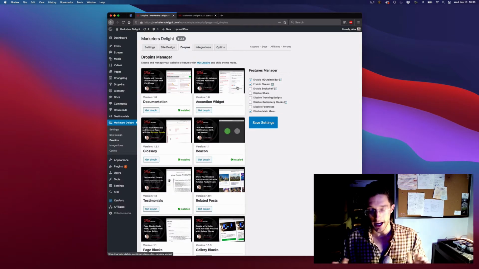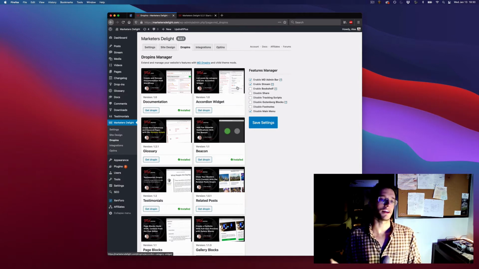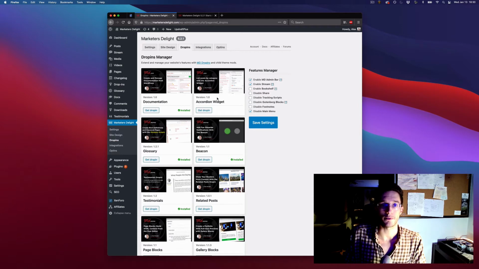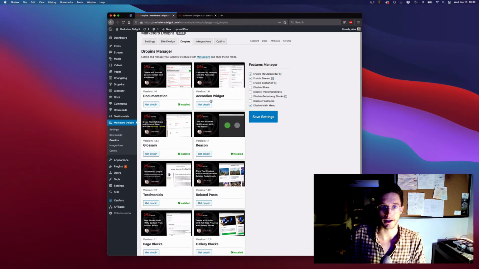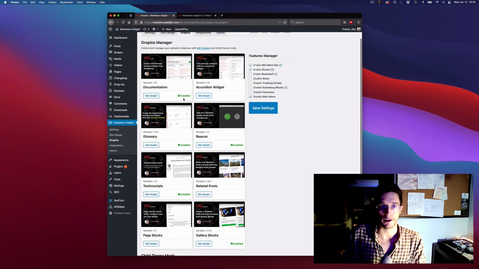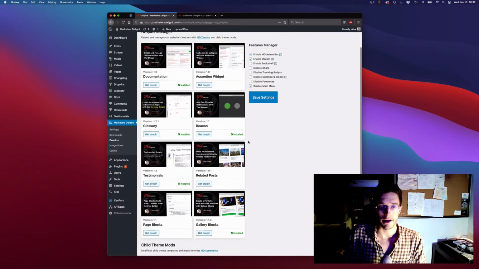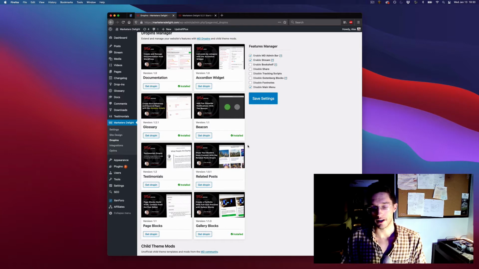And before I get ahead of myself, it's not like it's an install and update kind of thing yet. This is just phase one of implementing this drop-ins manager to get you acquainted with what is possible and how you can extend MD. And you do even have little markers to help you show how many extra drop-ins you have on your site. So right now we're maintaining this list statically, but over the next few updates, we're going